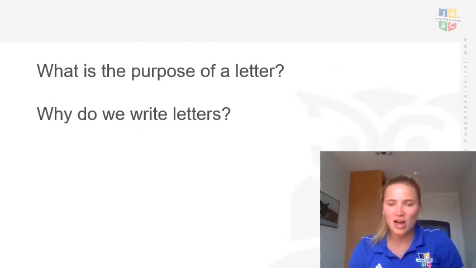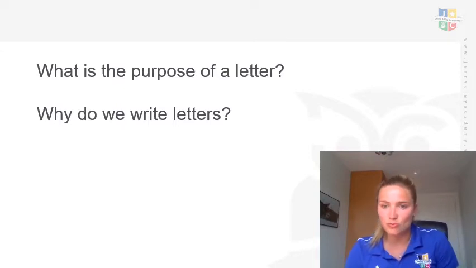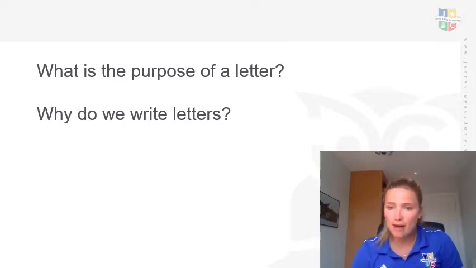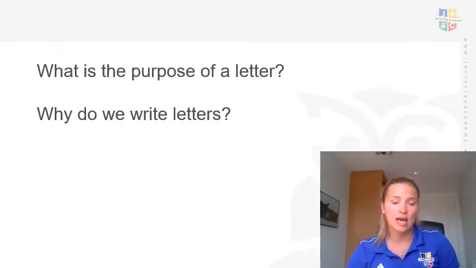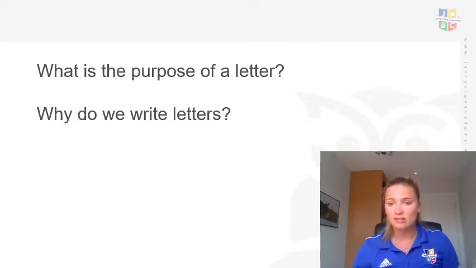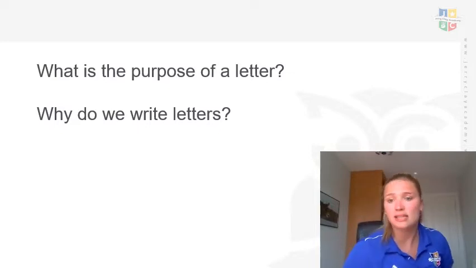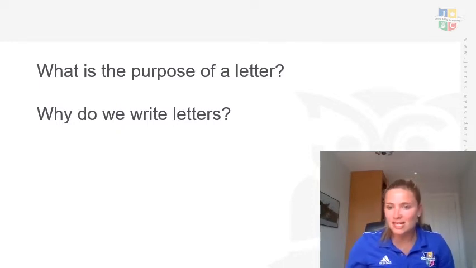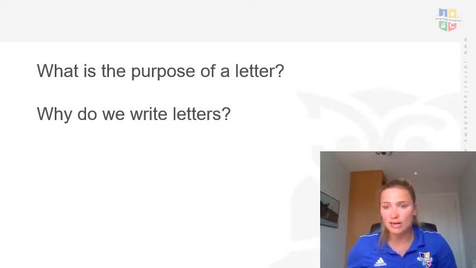Here are some ideas. A letter is something that we write to somebody for somebody else to read. The reason why we might write a letter is that in the olden days we didn't have things like telephones, laptops, computers or technology, so the only way to get in contact with a friend or family member was to write them a letter and to receive a letter to share information. Another reason we use letters is to share information. It might be an invitation to something, or to tell somebody about something that you've been doing. It might be inviting them over for a party, or any reason really why you would write a letter.